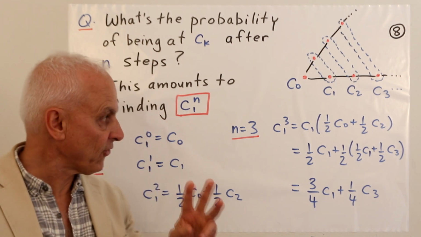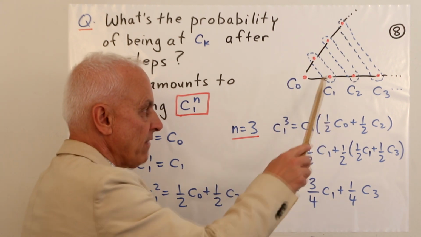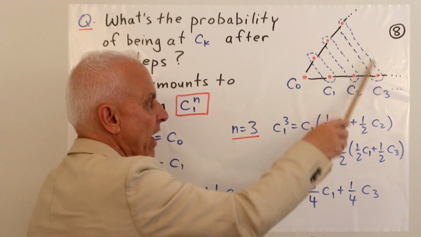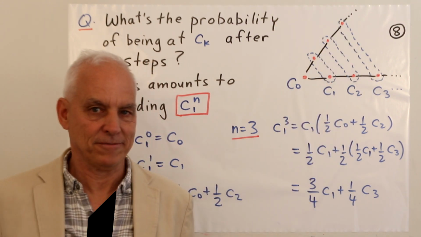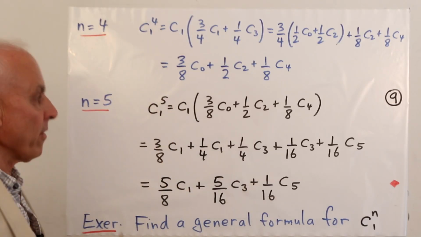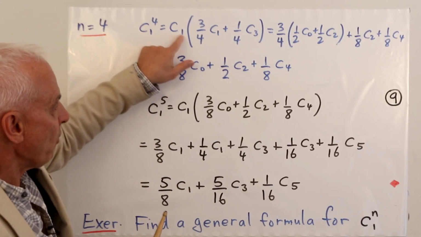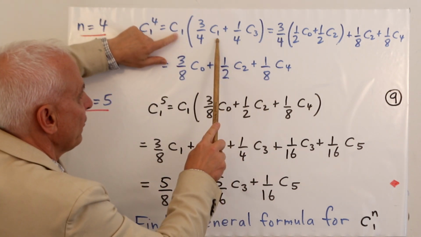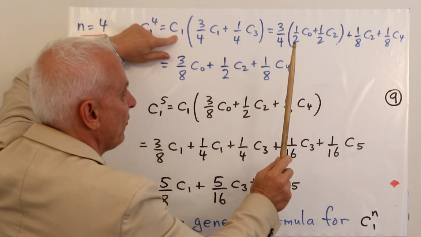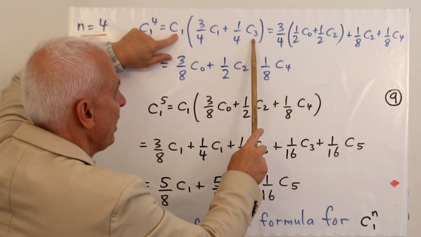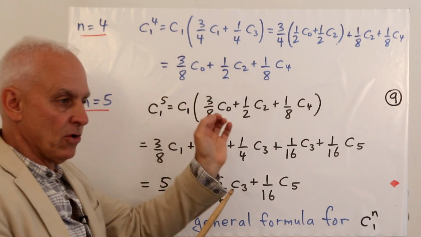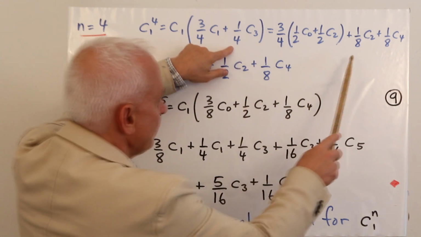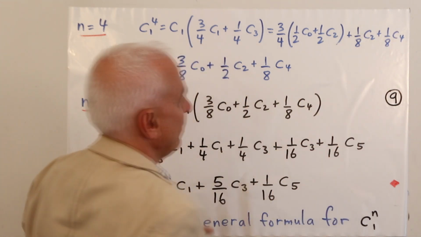If you take 3 steps, then at the end of that you have a 3/4 chance of being somewhere in C1 and you have a 1/4 chance of being somewhere in C3. Okay, let's go a little bit further. C1 to the 4th. Well, we could take just C1 times C1 cubed. That's what we just got. So when we do this first product, we get 3/4 of the product of C1 with C1 is 1/2 C0 plus 1/2 C2. The product of C1 and C3 is 1/2, the difference is C2, and 1/2 the sum C4. So there's a quarter here. So when we do that in one step, we get 1/8 C2 plus 1/8 C4.